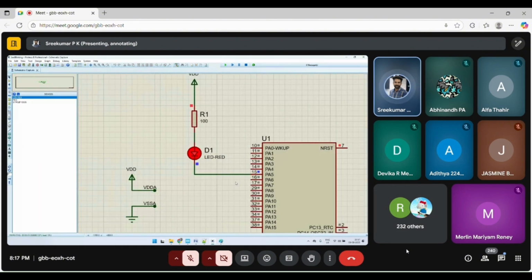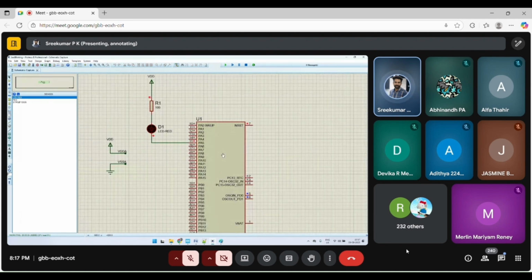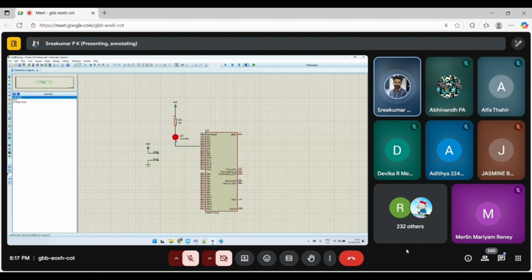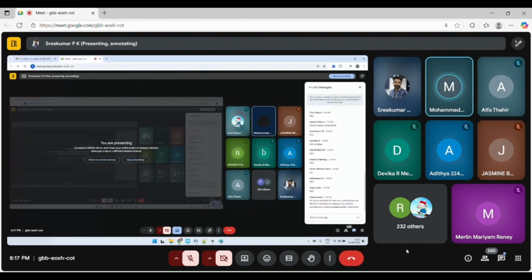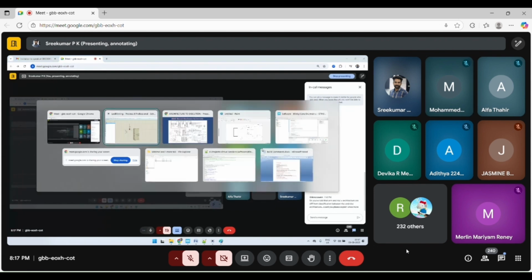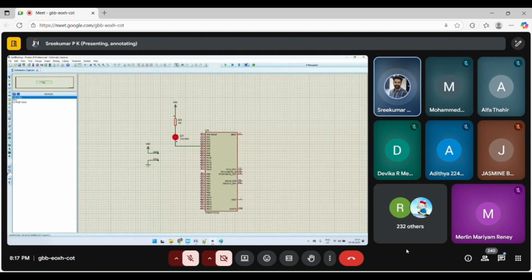You can see this LED is blinking, which means that something happened during the power on. It was lying on the bed, just like the dog seen in this picture. Just like that kid, I woke up this microcontroller. After waking up, the microcontroller is executing a particular code inside it.